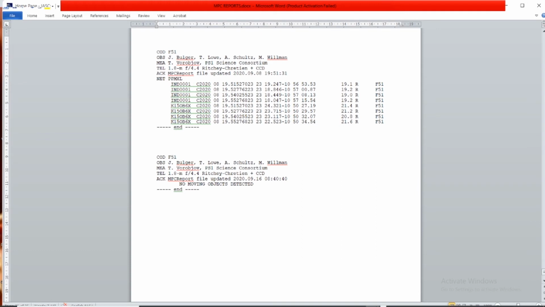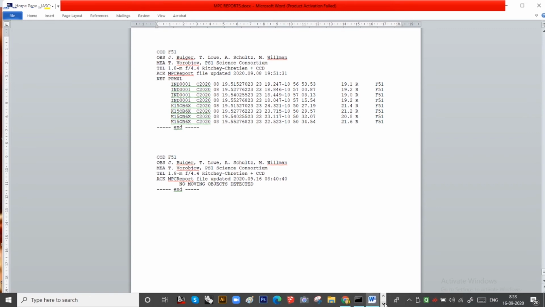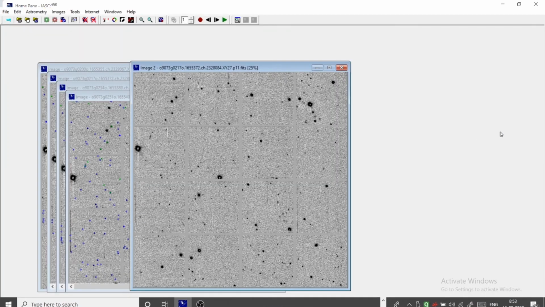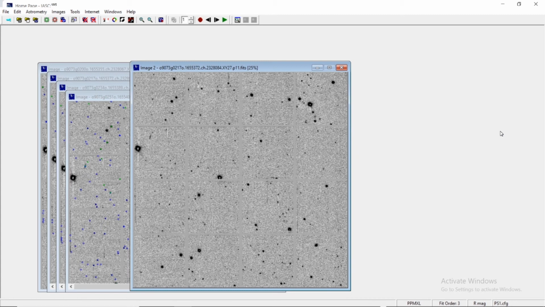Now this was a particular case that we had just discussed regarding one of the most important things. Here no moving object was detected, and apart from that no known object was detected either. Previously I had said you just copy the MPC report from here and paste it over the ISAC website page where your team page is, and then just submit the report. But when no object is detected, you will have to copy it somewhere else and complete the report.